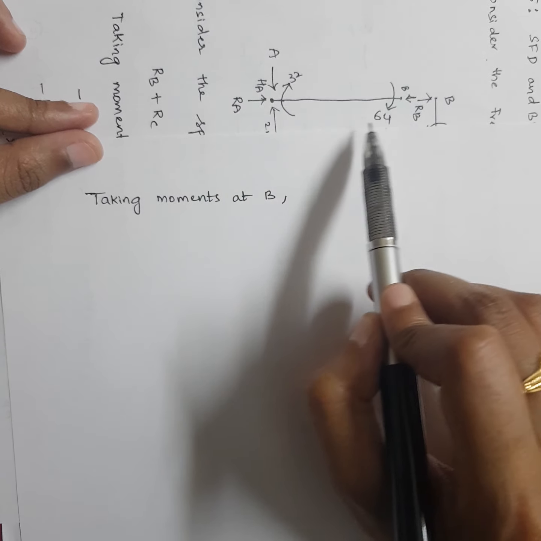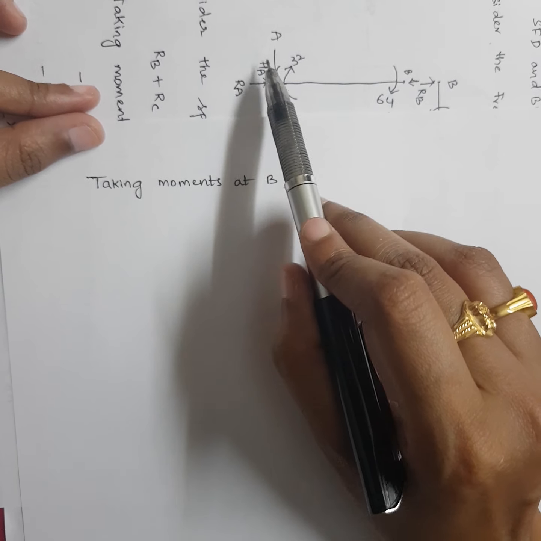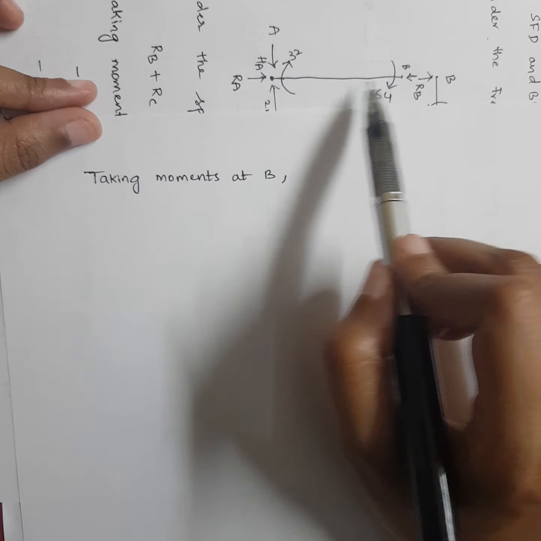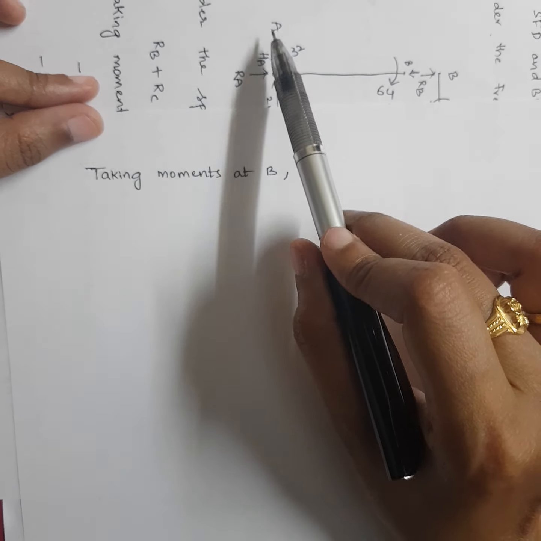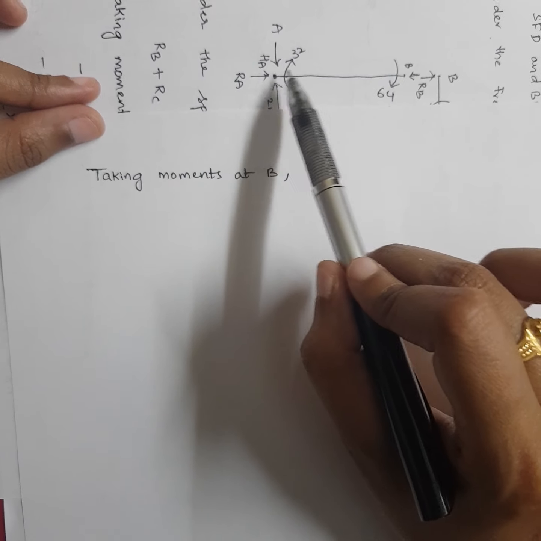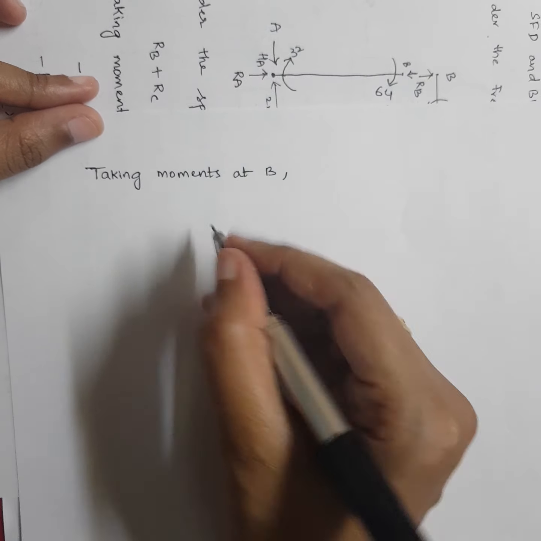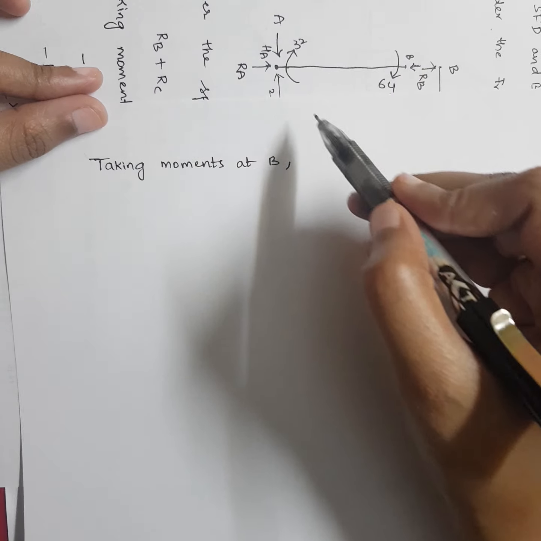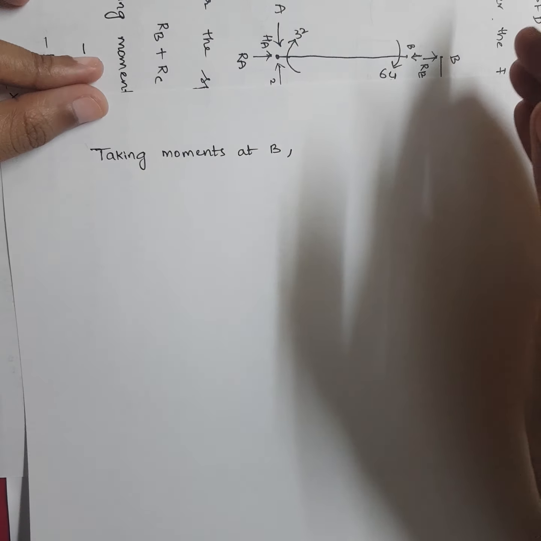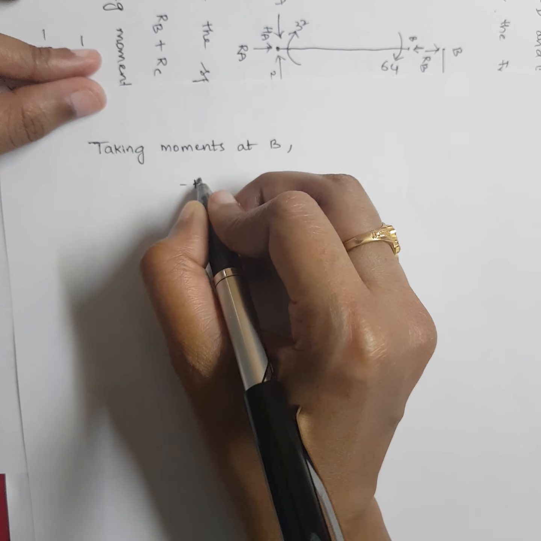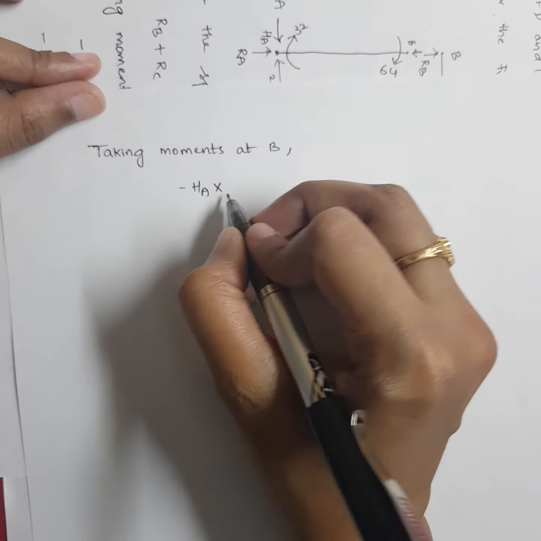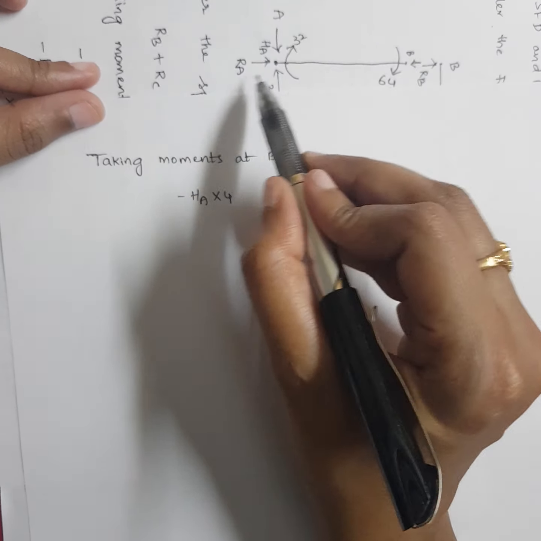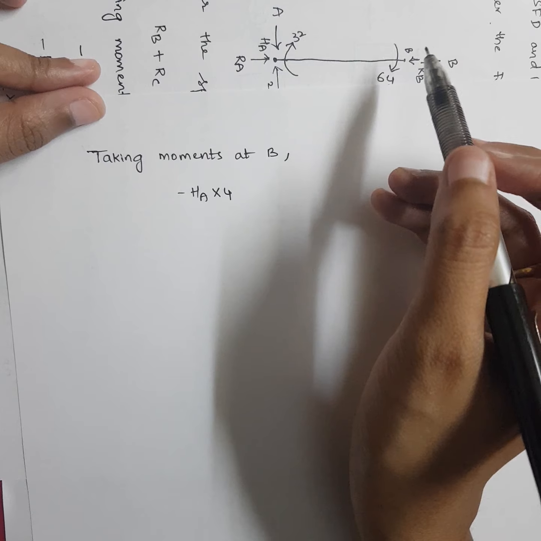Now see how HA will come towards B. HA is a horizontal force, so we have to multiply with the vertical distance to get the moment. What is the vertical height of AB? 4. So HA into 4 will be the moment coming from A, correct? And how is HA coming towards B, clock or anti-clock? It is coming like this from left to right, which means it is anti-clock. So minus HA into the height of the column, 4, right? RA is obviously collinear.